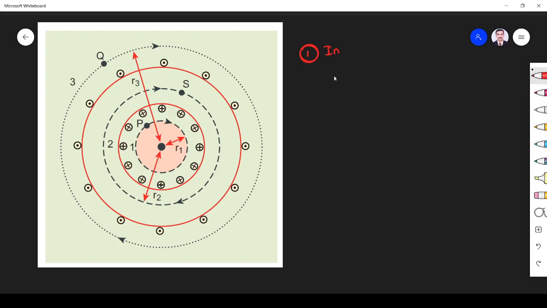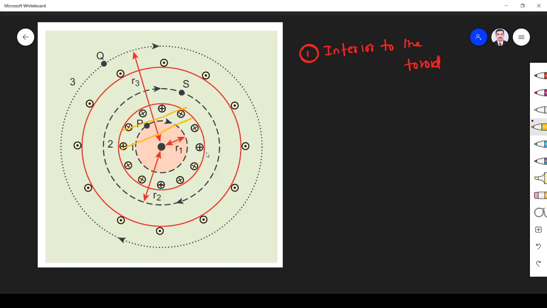First, interior to the toroid, this region is known as the inner region. This is inside the toroid. The two red circles are the toroid formation, right? And the outside region is this one. So first we find the magnetic field interior to the toroid, this area. These are all the areas coming under the category of interior space.